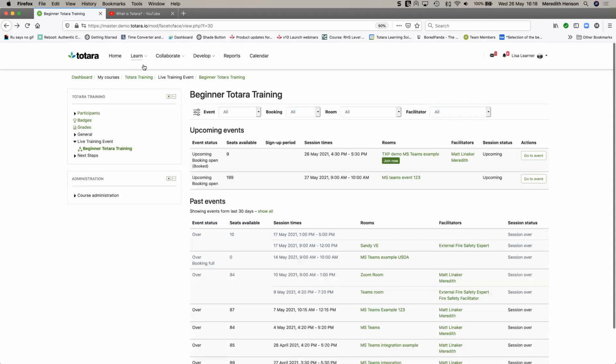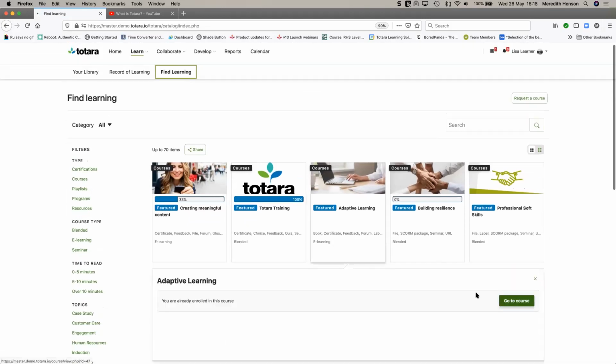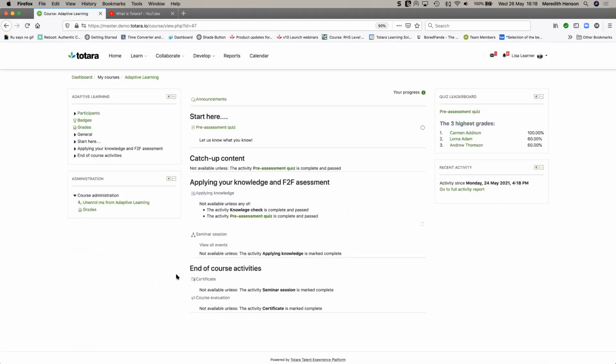And if I skip over to a different course, let's see, this one, you'll see something a little bit more complicated. As a learner and as I move to an administrative view, there's a lot of stuff you're not seeing. And what this course shows is that you need to start with this pre-assessment quiz, and then different sections are going to be available and displayed to me dependent on my particular grade within that quiz.